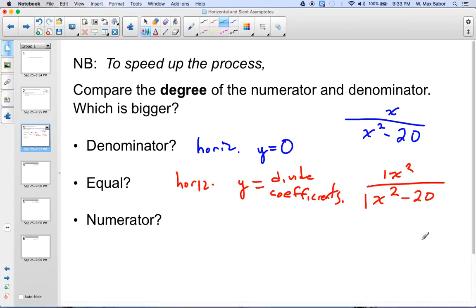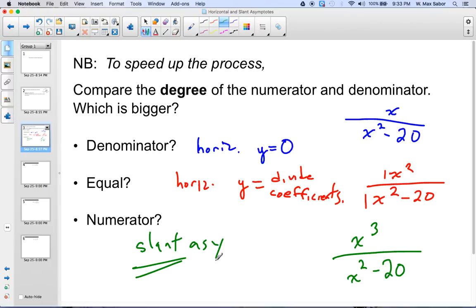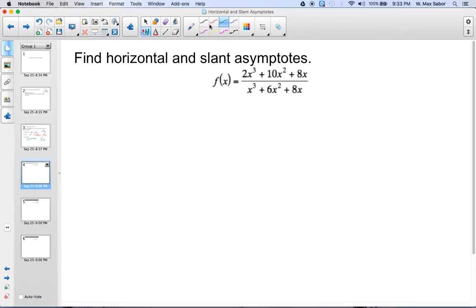And if the numerator has a higher degree, something like x cubed over x squared minus 20, then you're going to actually have to divide. And that'll be a longer process, and that's when you'll get a slant asymptote. So you'll only get a slant asymptote if you end up getting a higher degree in the numerator. Lower degrees in the numerator mean it's y equals 0, and the same degree means that it's y equals a constant. So let's find